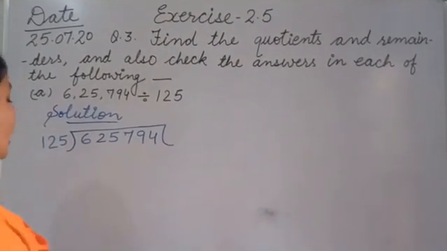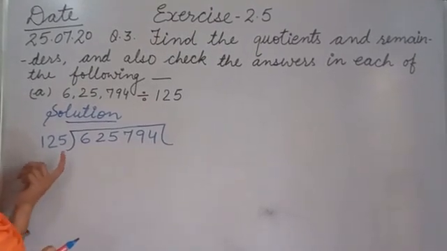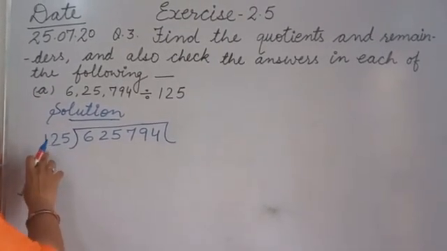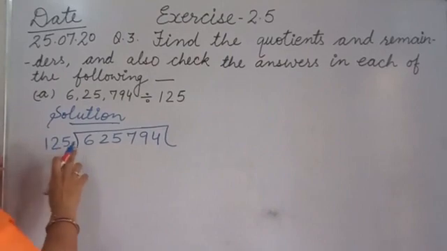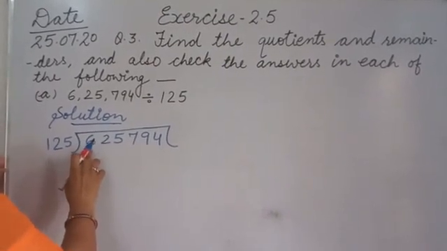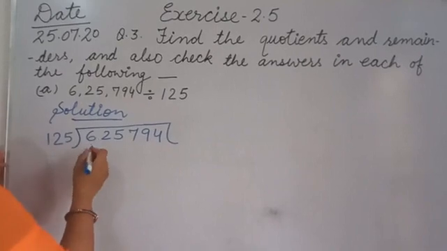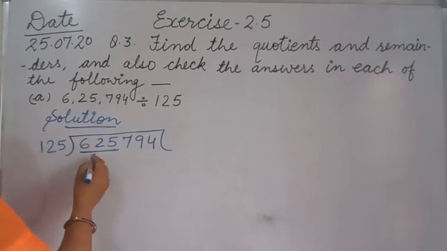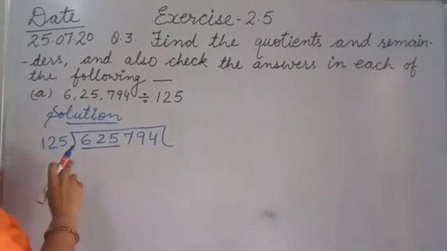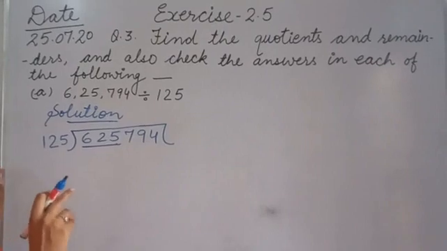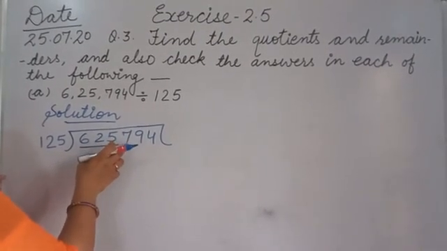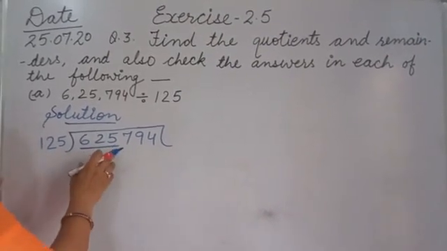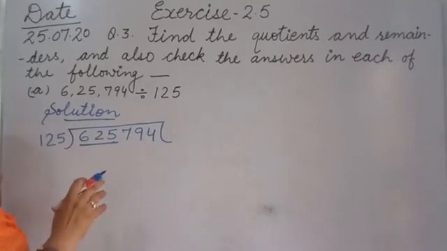Okay. Now as I told you, how many digits we have in the divisor, that many digits we take in the dividend. So now there are 3 digits in the divisor. Okay. And so in the dividend also we will take 3 digits, 1, 2, 3. Okay. In 3 digits we have 625. So we check whether these 3 digits are smaller than our divisor or greater than our divisor. If these are smaller, then we will take one more digit, means 4 digits we will take. Whenever we have smaller than the divisor, then we increase one more digit to make it bigger.